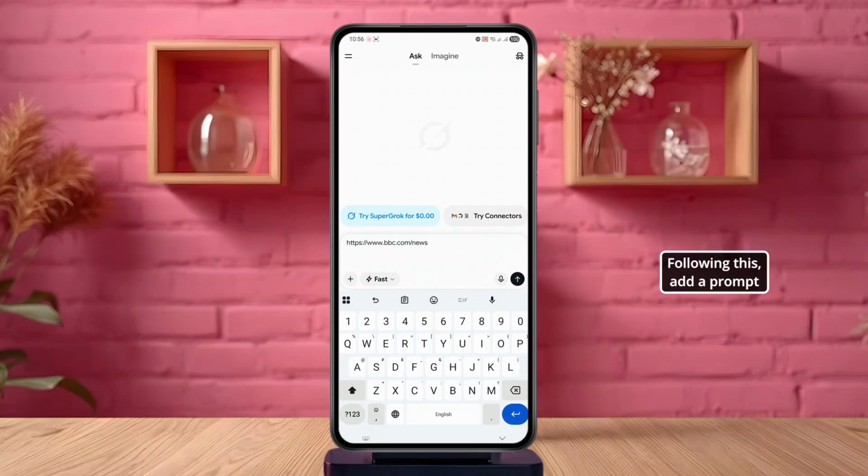Following this, add a prompt alongside the link telling Grok what you want. For example, you could type something like, "Summarize this article," or "Give me the key points from this page," along with the link. From here, tap Send and give Grok a moment to read through the page and generate a